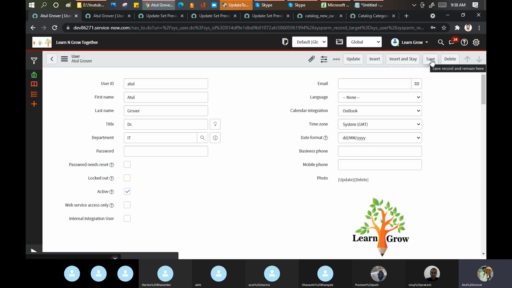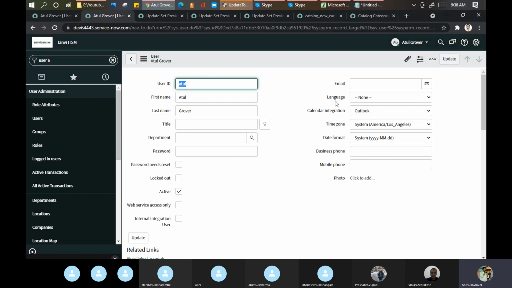Now tell me, what is the difference between this Atul and this Atul record? And don't tell me this value is missing, this value is missing. No, I'm not interested. I'm interested in the logical answer now.